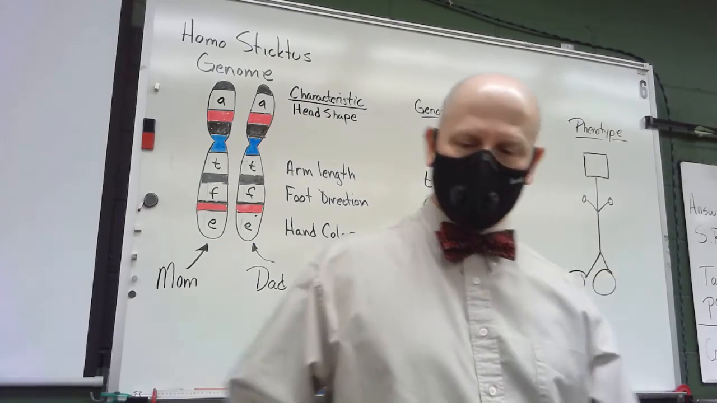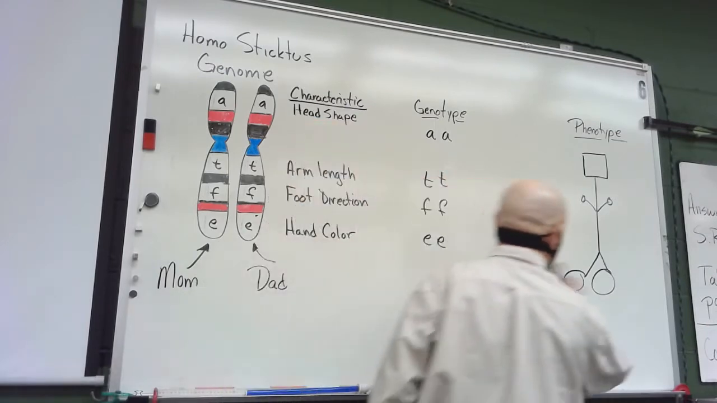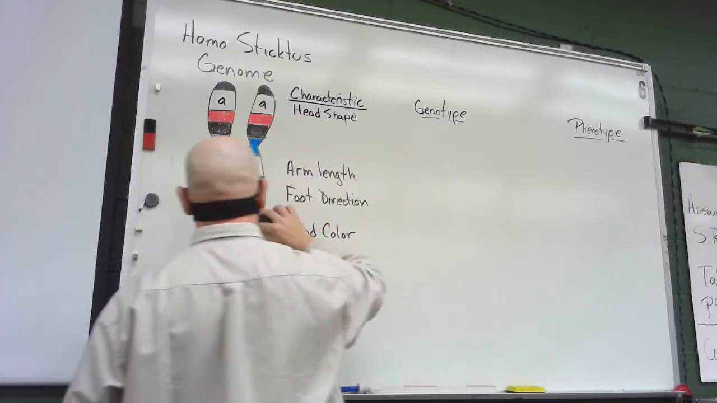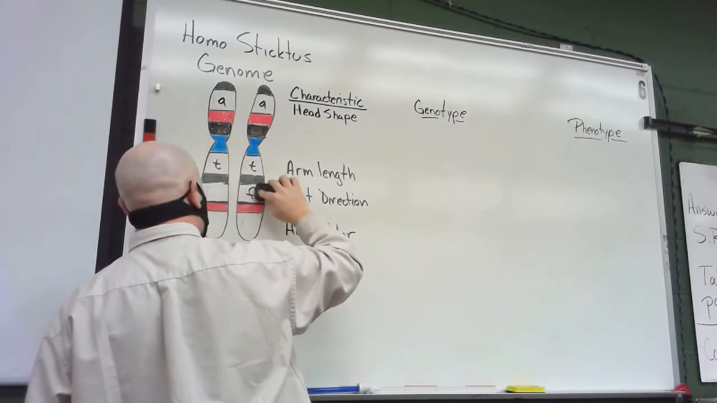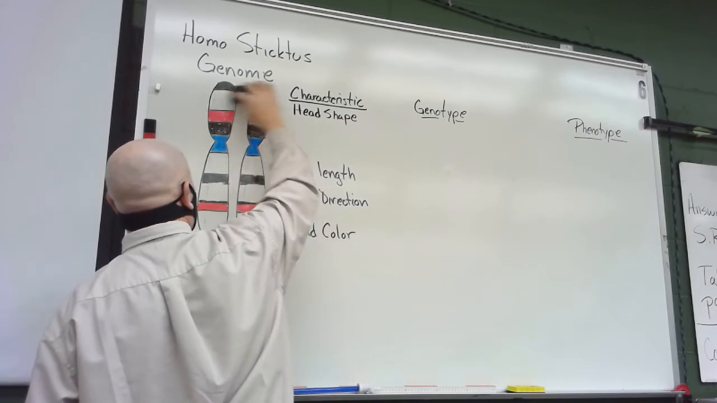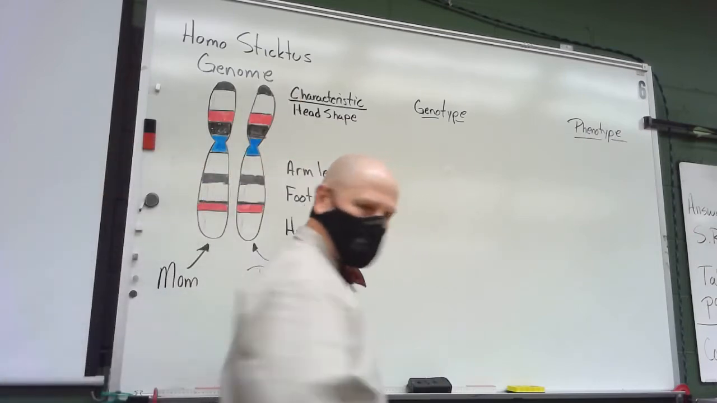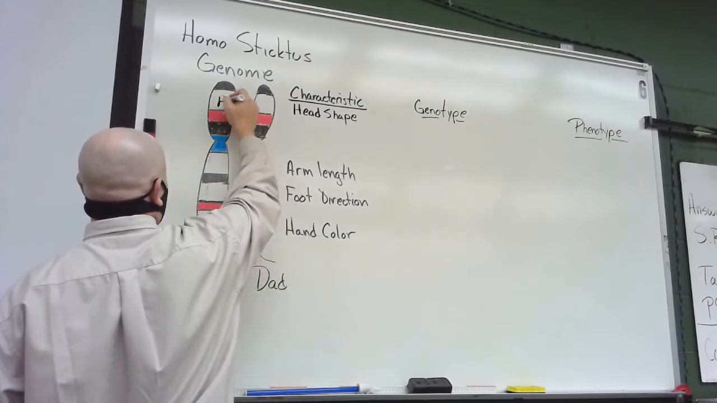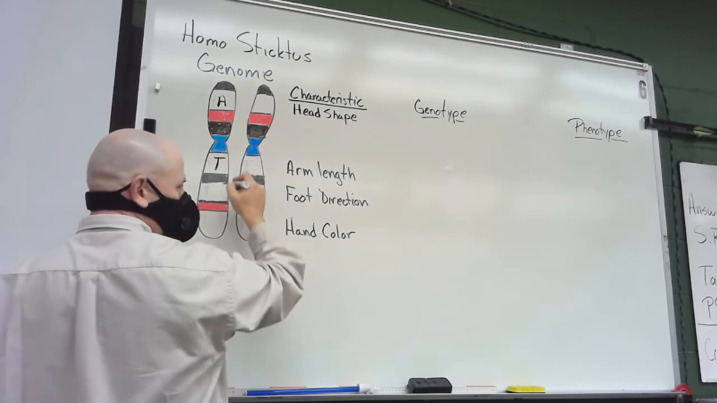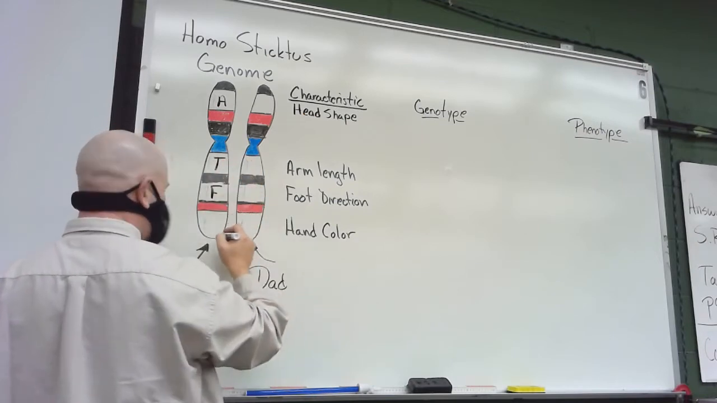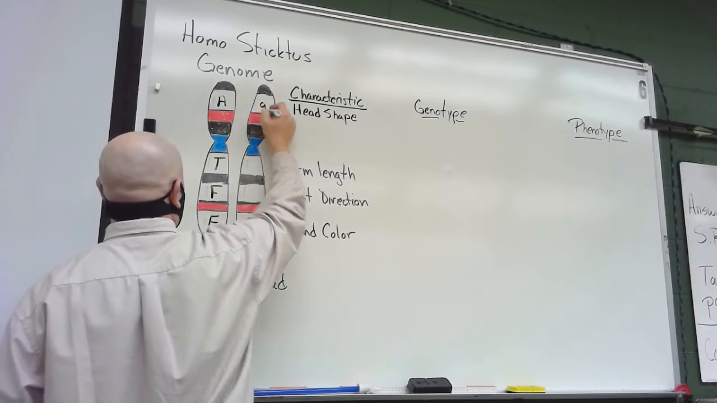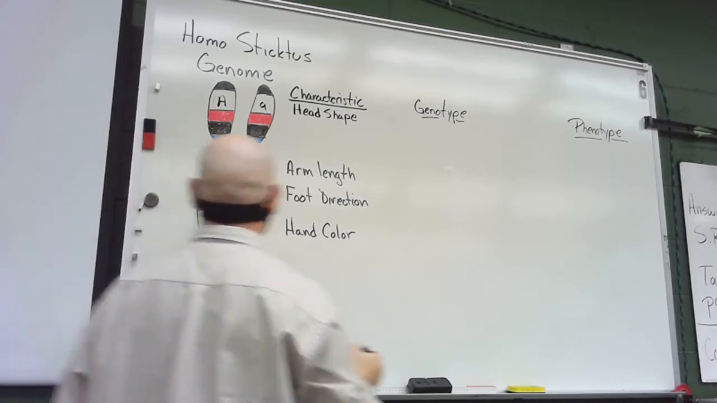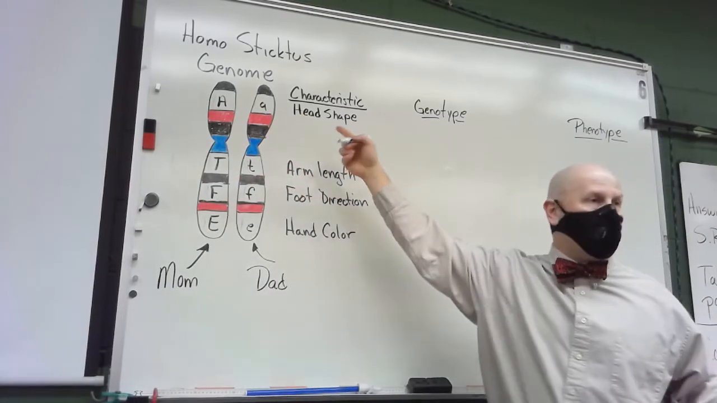Let's try another one. This time, I'm going to bring a big A, big T, big F, and a big E. I'm going to bring a little A, a little T, a little F, and a little E. Now that we have an allele from mom and an allele from dad,